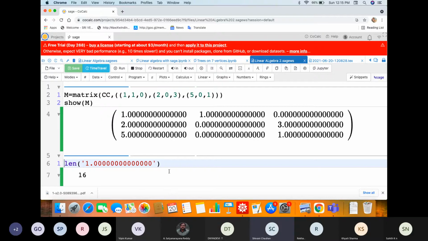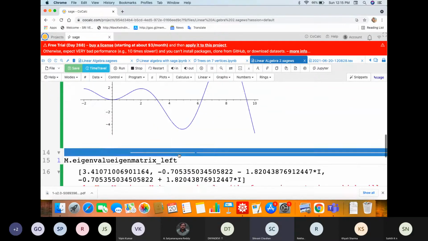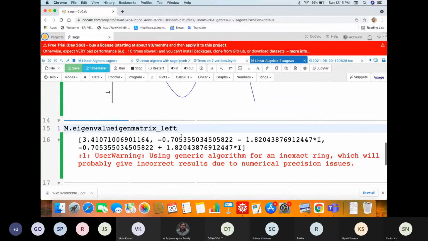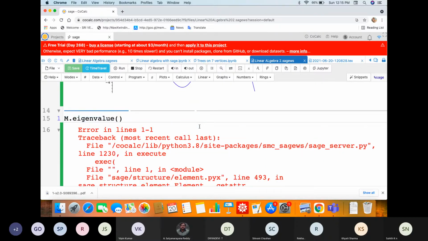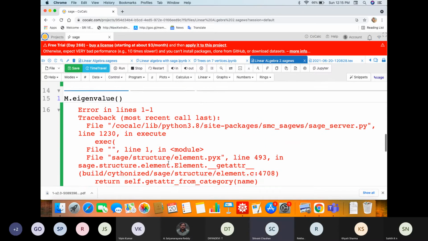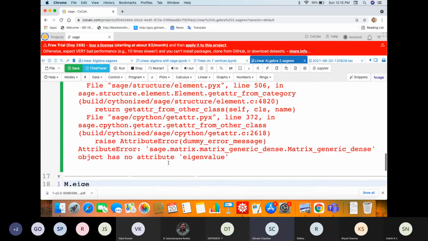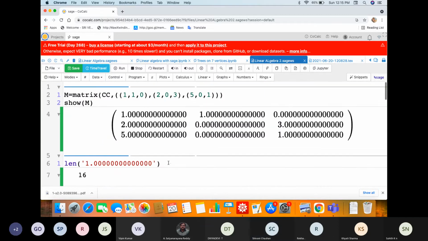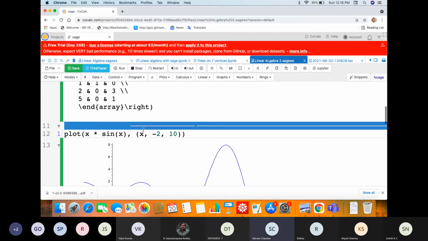So here I have taken the complex field. It is not giving me the eigenvalues in that complex field. Just a second, I'll run it again.